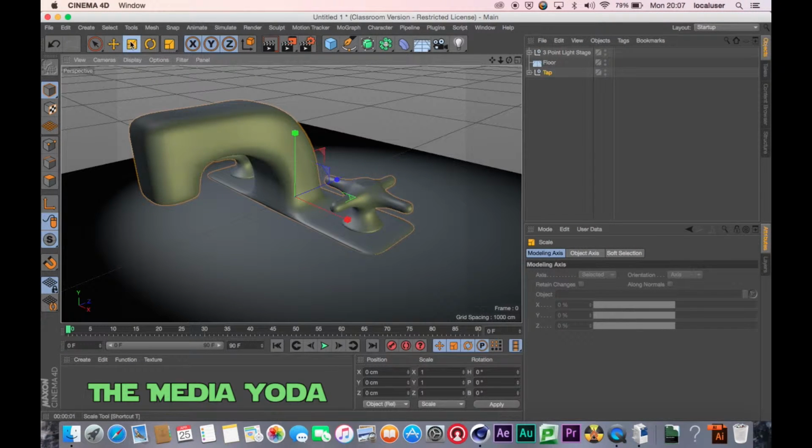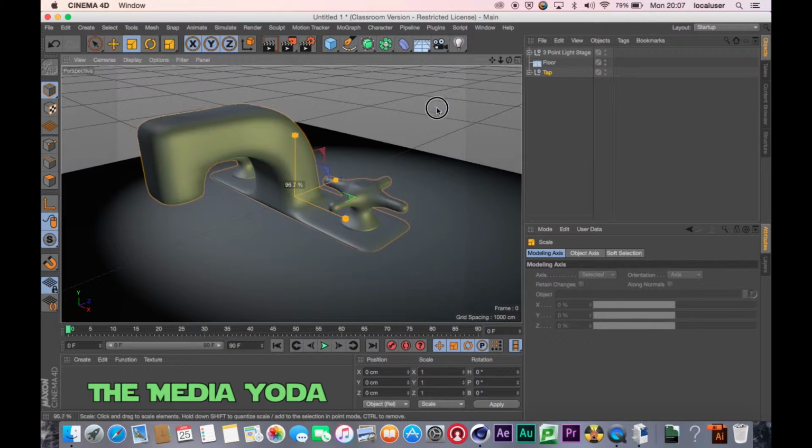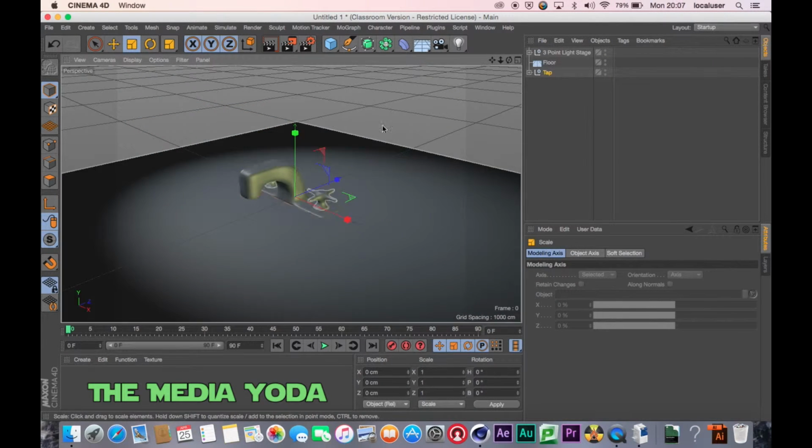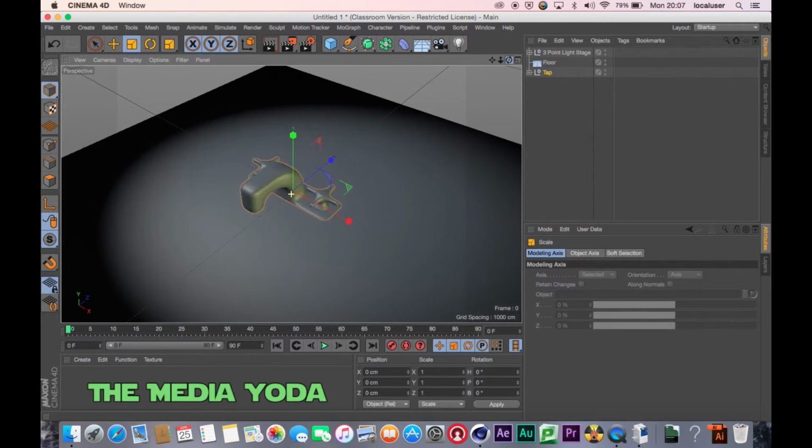So I'll go back to scale, just click and drag in space to bring the object down a bit. Okay, and then when you render that,